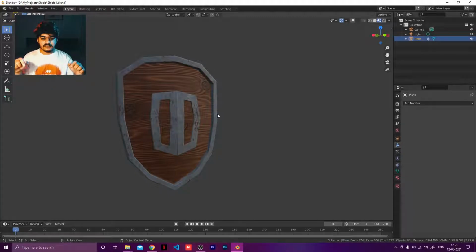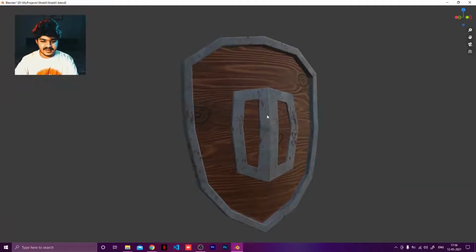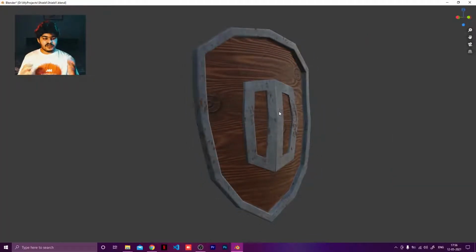For this 4-part series that I'm making, for the shield that we have created right now, this one shield, why is the shield not in the center? Yeah, this is what I want. So for this shield, I'm going to post the model for free on my website. So just follow along.